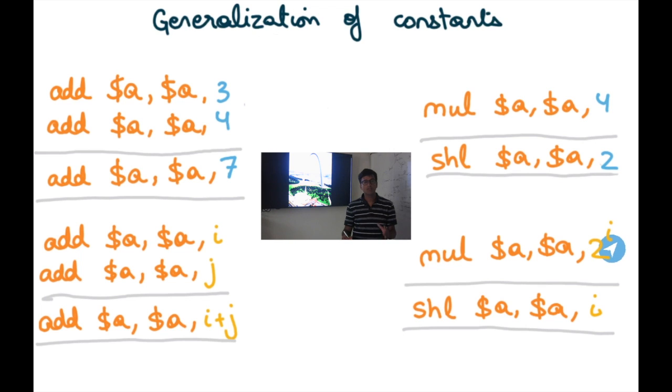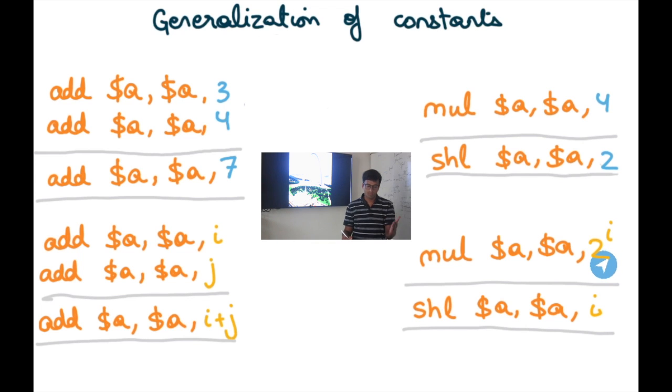Now, notice that I am using these constants I, J, 2 to the power I in my patterns, which means my pattern matcher does increase in complexity, because now when it looks at 2 to the power I in a peephole optimization, it needs to match it with a power of 2 in the actual constant that appears in the code. And so there is some increase, but these increases are usually practical enough and simple enough to be practically useful, and so these kinds of things are done